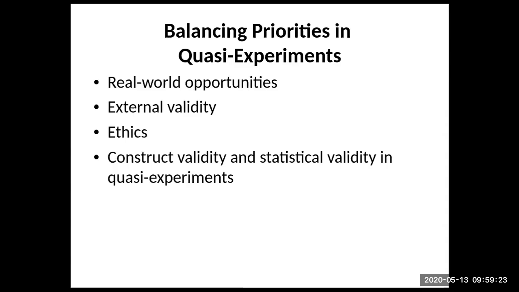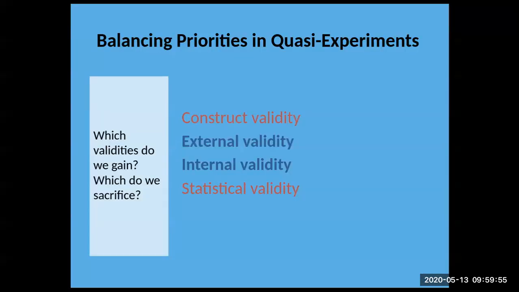So let's look at priorities and quasi-experiments. Let's look at what happens in the real world. Let's look at external validity, which, if you recall from chapter 10, external validity most of the time, and when we get into chapter 14 next week, we'll really talk about this, is the lowest priority in a causal claim. In the quasi-experimental world, it's the same thing, right? So let's look at external validity, construct, statistical validity, as well as ethics and real-world opportunities. So just to do a concept check here,